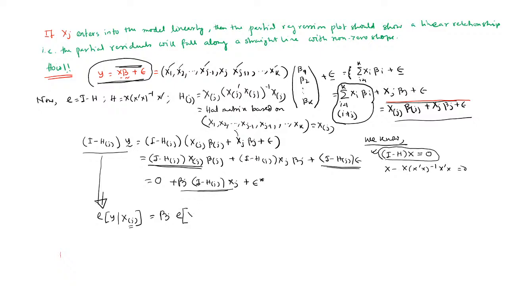Residual where the study variable is xj and the explanatory variables are x1, x2, ..., xj minus 1, xj plus 1, ..., xk. Okay, so this part is this, plus epsilon star, where epsilon star is